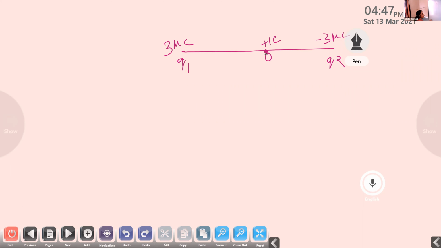Okay. So the entire distance between these two charges is 20 centimeter. Then can you divide this distance into two? The separation of the charge Q1 from the midpoint is 10 centimeter, and that of the charge Q2 and the midpoint O is 10 centimeter. Clear? Okay. And what is our question? Our question is to calculate the electric field at the midpoint O. We want to calculate the electric field at this point O due to these two charges.